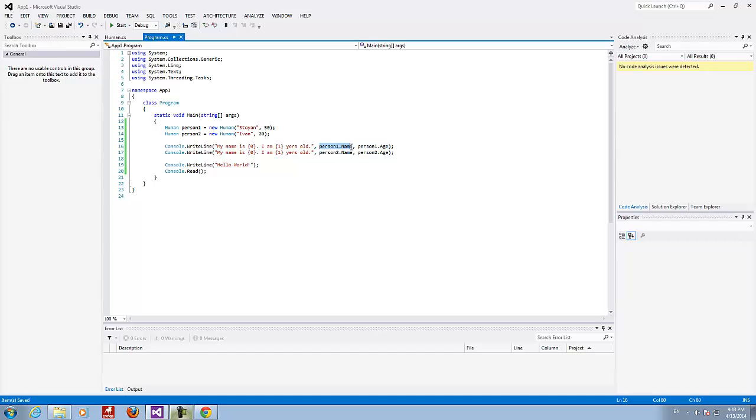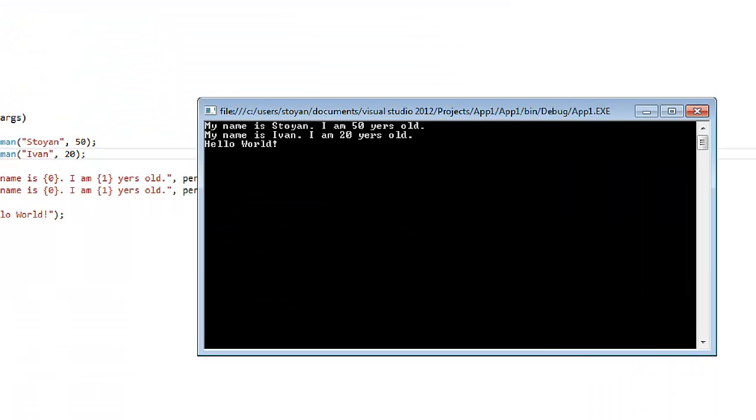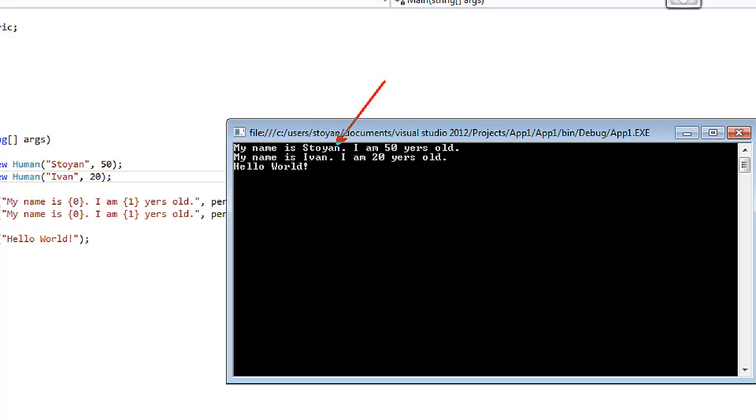The fields where the values of the properties are held will already be set up for me during the instantiation. Let me try and see. Yeah, here we go. As you can see, both persons are introduced the same way.